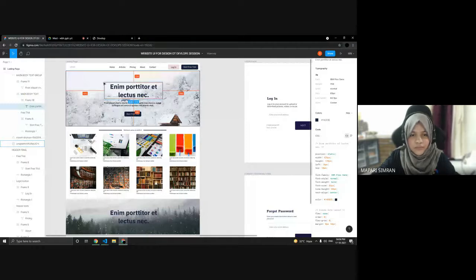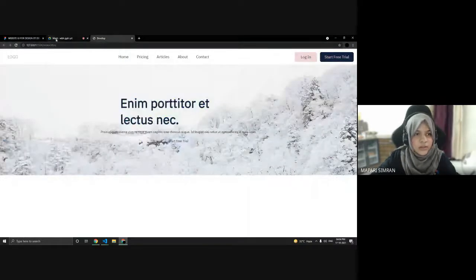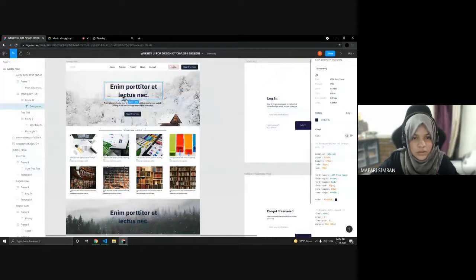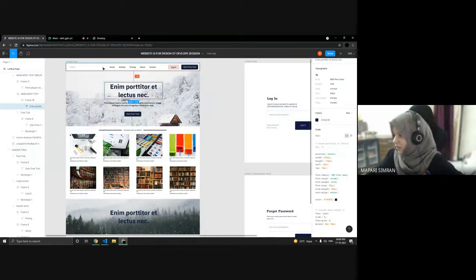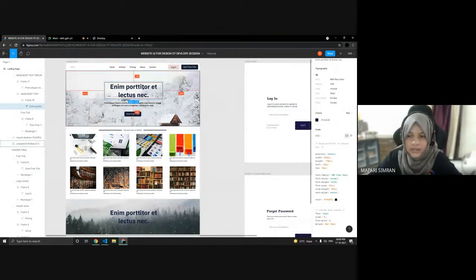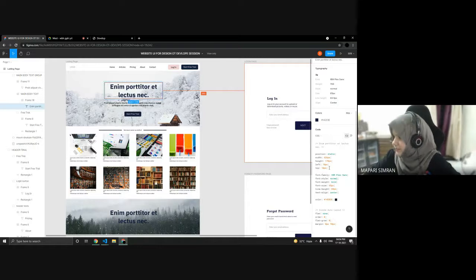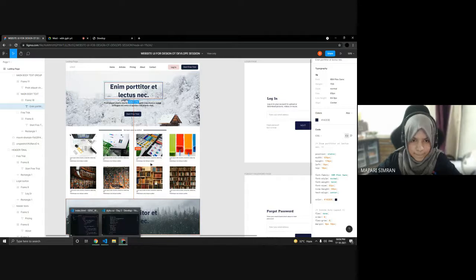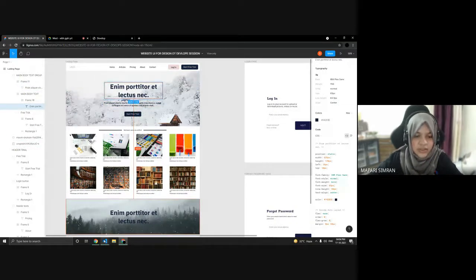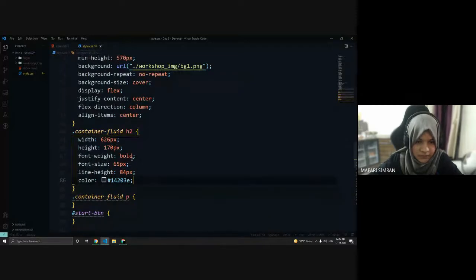Now we can check here, it's in two lines. Okay, it's not coming here. We have given width, height, line height according to this: font size 46, line height 65 px, margin, width 626 into 170, font weight.